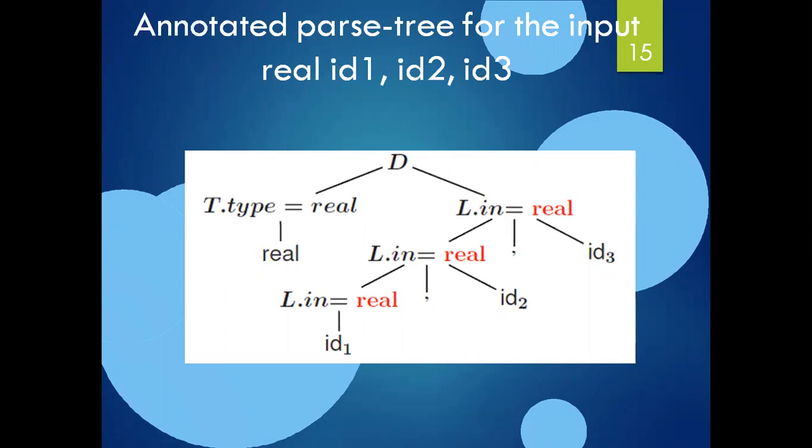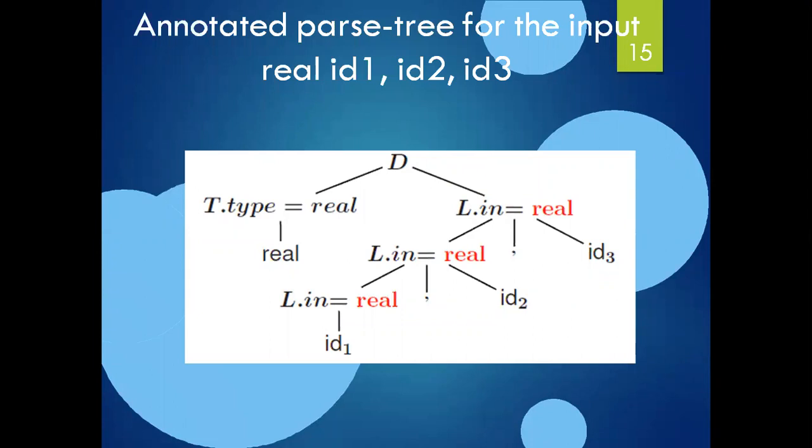That means we are generating the annotated parse tree for the inherited attributes just by using a top-down approach and also by using a pre-order traversal. In synthesized, it is in bottom-up fashion, and we used a post-order traversal. Make a note of this. These are the two most important points while comparing the synthesized and the inherited attributes. And with this, the computation of the inherited attribute was completed.